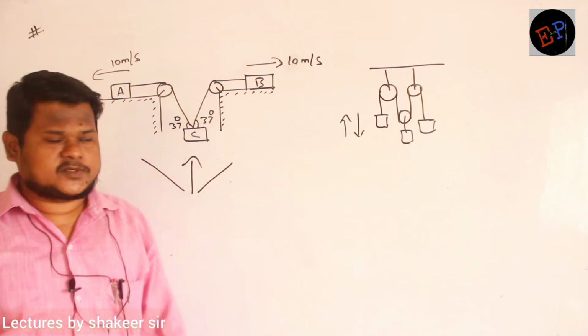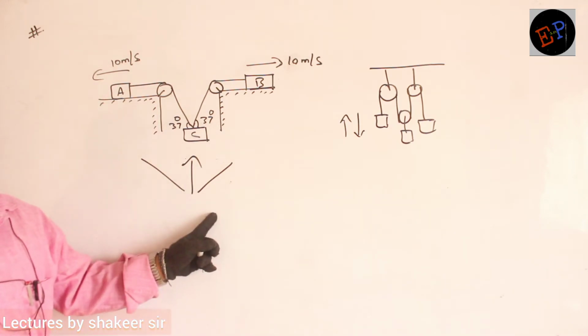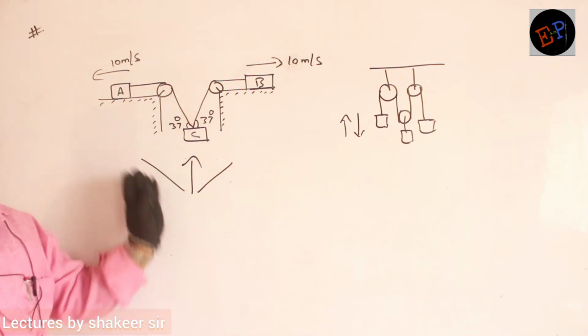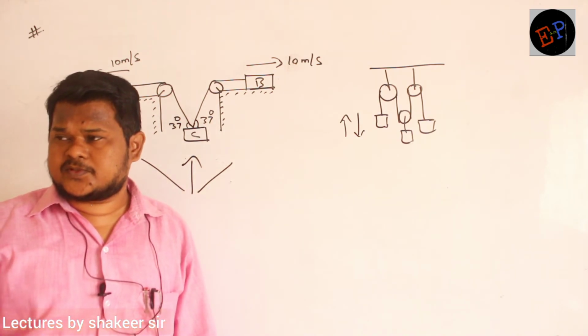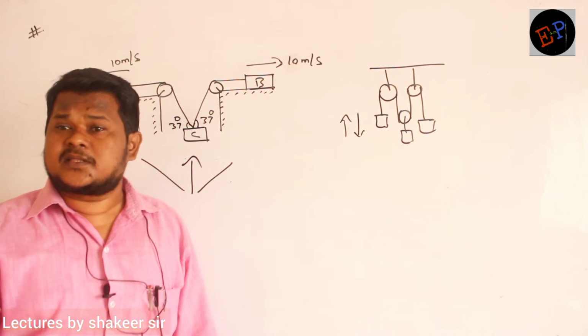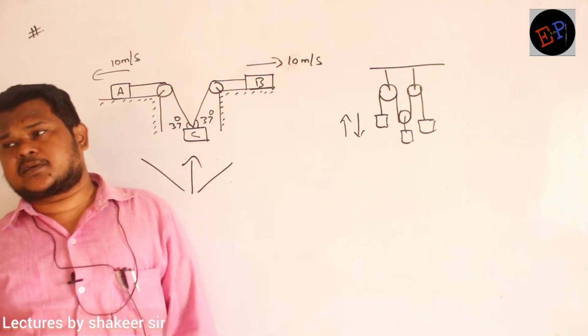Split the velocity vector such that one component is present in the direction of the rope. We need only the velocities along the rope. We are supposed to take all those velocities which are present in the direction of the rope or in the opposite direction to the direction of the rope.